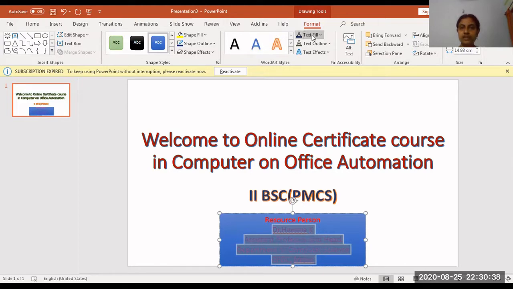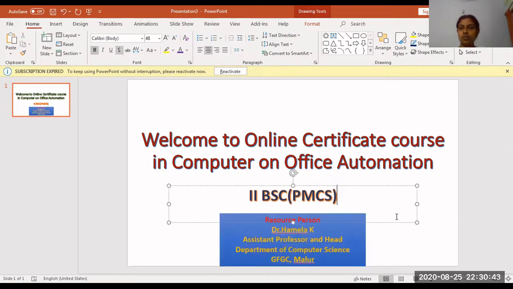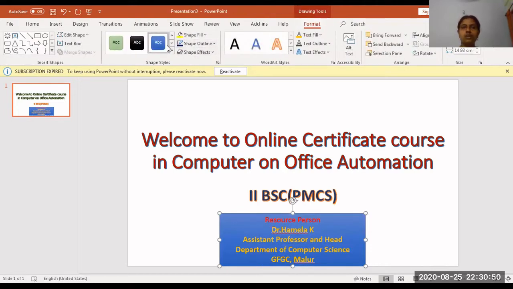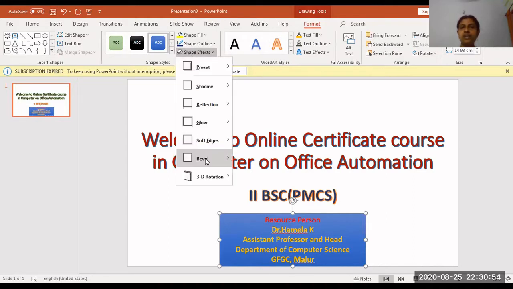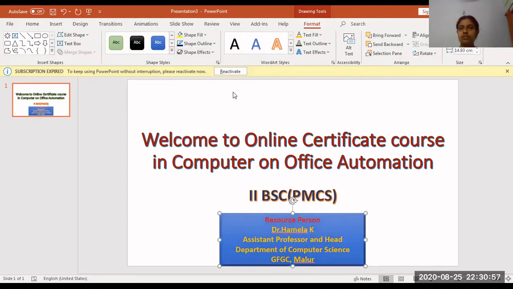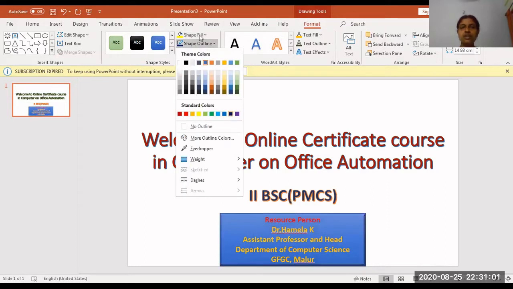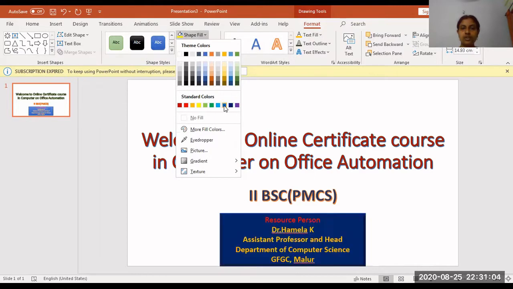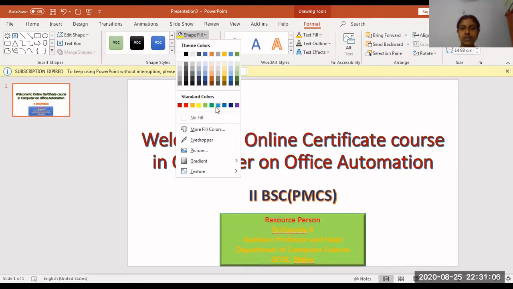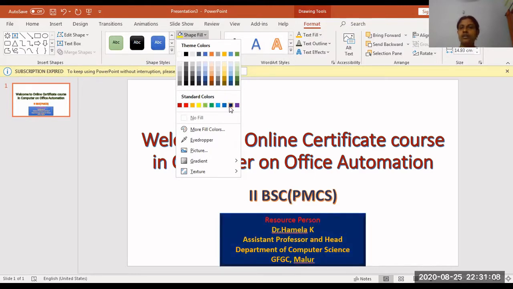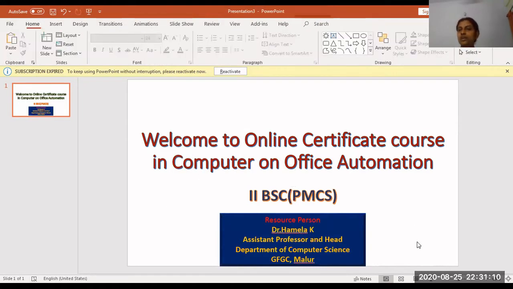My color is very dull for this blue background, so I'm increasing the color, making it bold. Apart from that, for this background I want some shading effect. Okay, this is the blue color you selected now. Go to shade, bevel. In that, you will get some shining effect for your background also. You can even change the colors. See, light color, whichever color you select, it will display according to that. Okay, like this you can design.